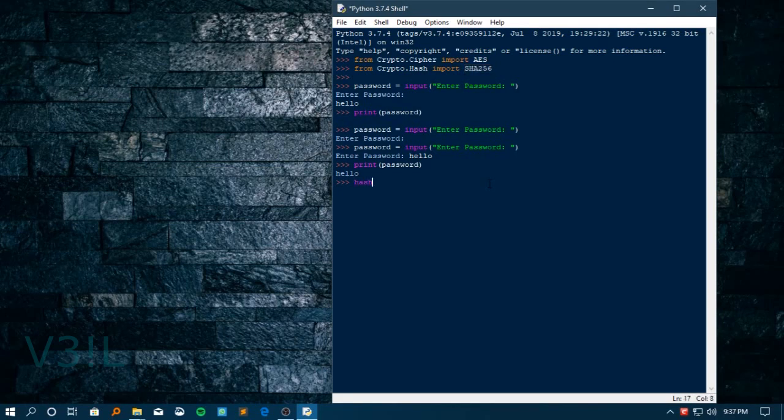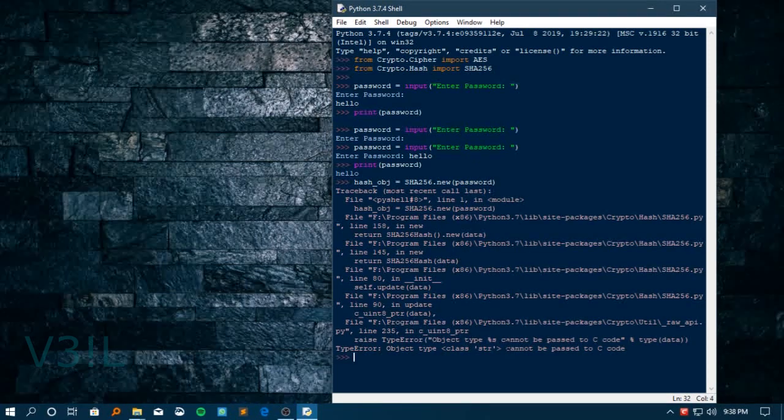So hash object equals SHA256.new, and we are going to pass the password, but there would be an error, and the error would be that a string cannot be passed. So in the world of cryptography, everything you need to do is in bytes. So I have to do the same thing here,